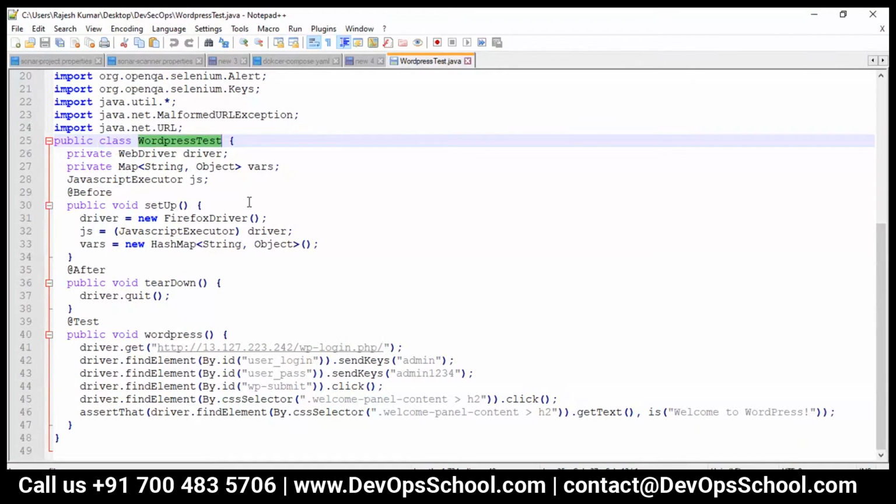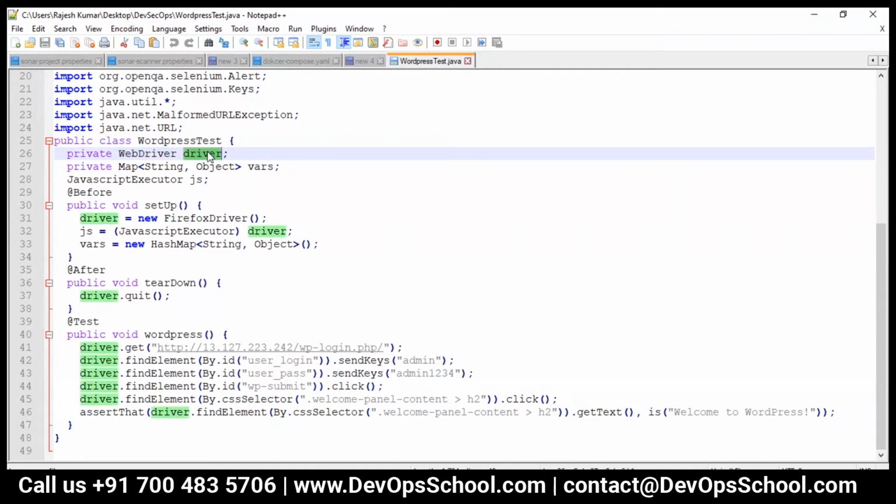Now here you are declaring the variable WebDriver. Now which driver are you using? So driver is equal to new Firefox driver. Okay, so Firefox driver should be set in the path variable. Remember, and you have to give the path. And here you are setting up JS is equal to JavaScript executor driver. And vars new hash, something like that.